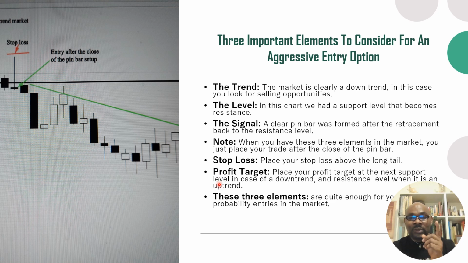Then your stop loss, place your stop loss above the long tail, like what I've just told us before. And here again, I'm showing us the tail. Like I told us, you can just use tail as a layman way, but the terminology is wick, W-I-C-K, wick. So that is how it is. You place your stop loss 2 pips